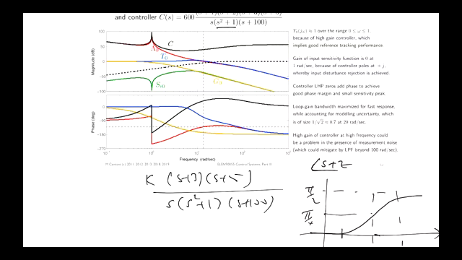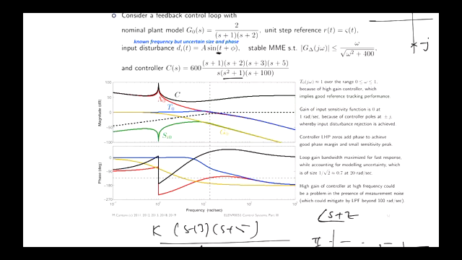All right? Now, how have we chosen the crossover frequency? We've chosen the crossover frequency to be lower than the frequency where the multiplicative modelling error becomes significant. So this dotted line here is showing where the multiplicative modelling error becomes significant. It's more significant at high frequency than it is at low frequency. We know by the small gain condition that we want